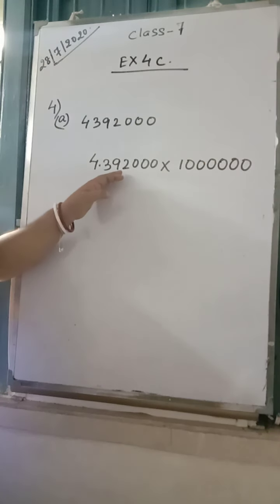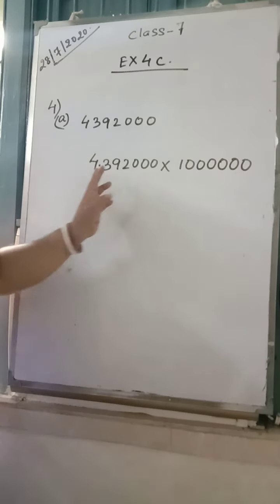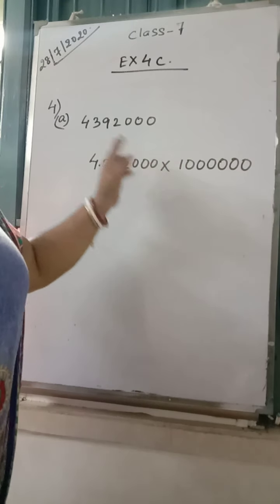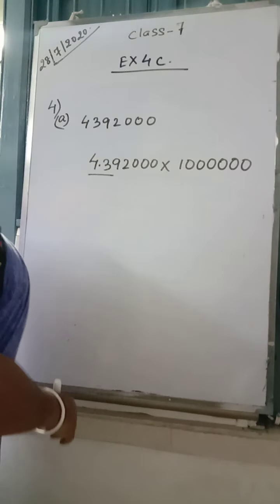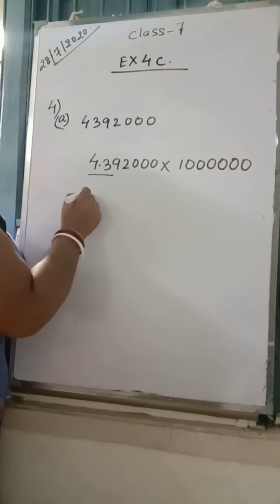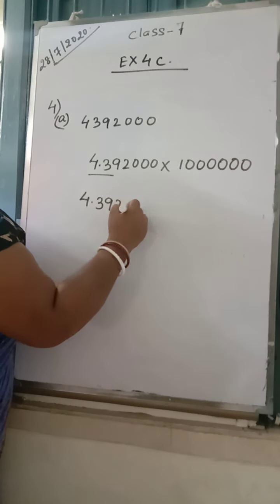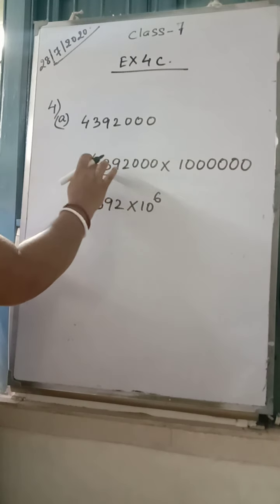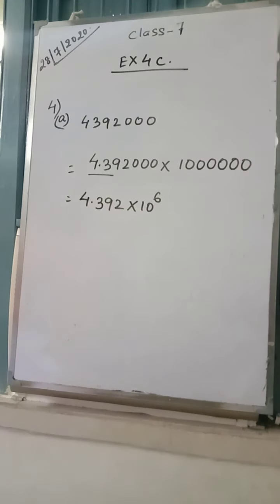If I multiply, I'll get this. May I write this as this? Because I know the decimal I have placed after 6 digits. So if I multiply with 1 and 6 zeros, the decimal will move 6 steps forward and I'll get this number. Now you can see 4.392. Is it between 1 and 10? Yes. So this will be the scientific notation, 4.392 into 10 to the power 6. I have removed the zeros because after the decimal there is no value of 0. So like that we write it in scientific notation or standard form.